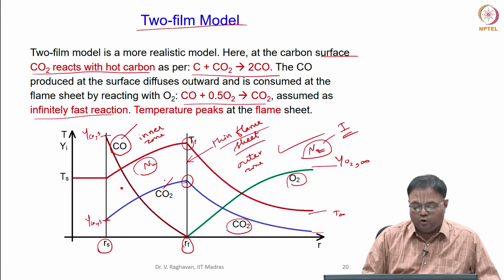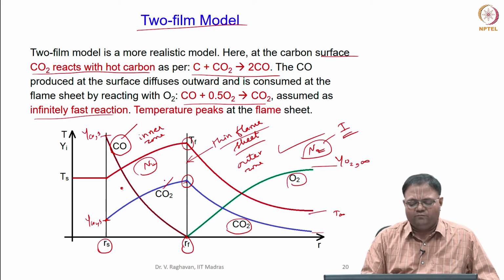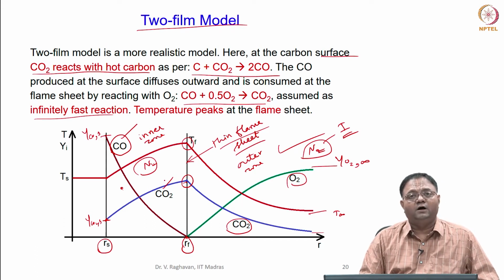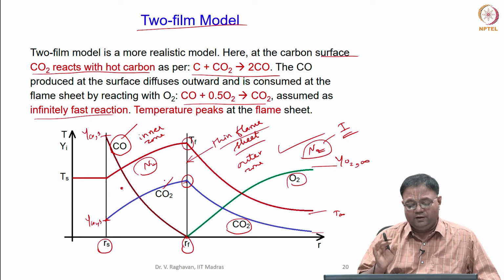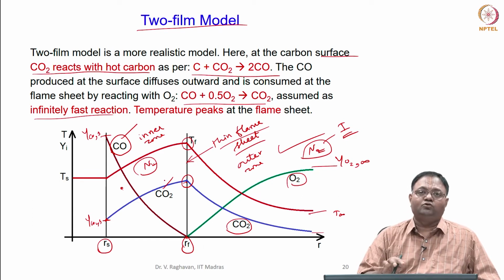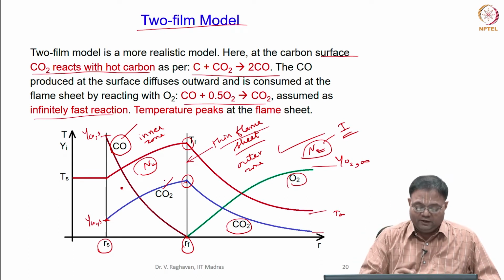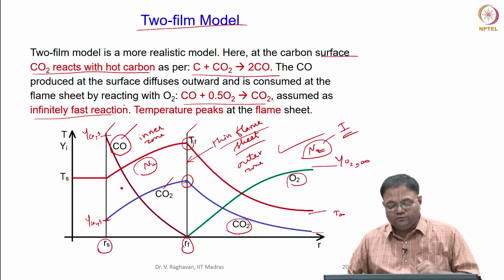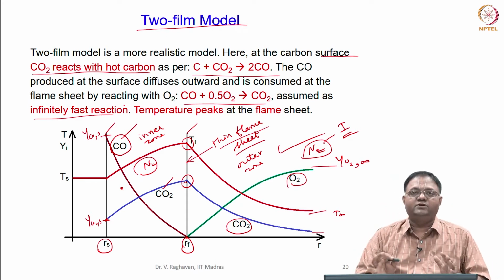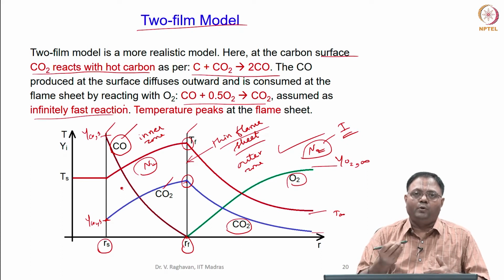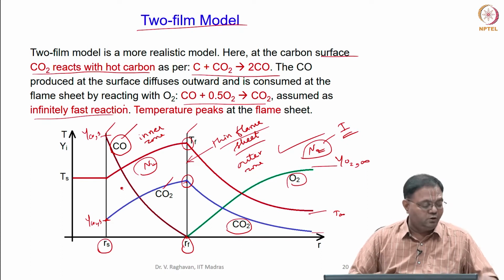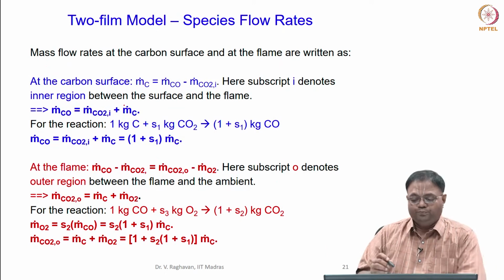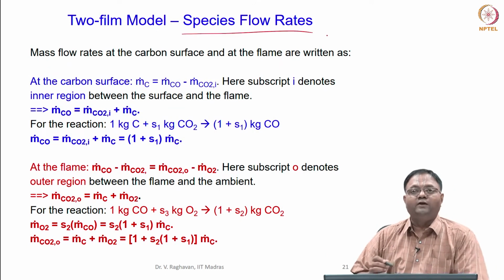Okay. So, this is again what we have seen in the droplet combustion, but in droplet combustion there will be only one reaction zone which is at the flame, but here there is a reaction zone at the flame which is homogeneous in nature, gas phase, and there is a surface reaction at the surface. So, these are the two things which will differentiate between the carbon particle combustion and the droplet. Now, let us see the species flow rates.